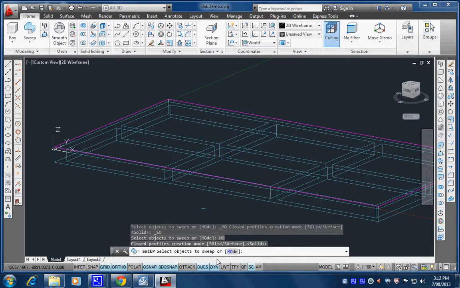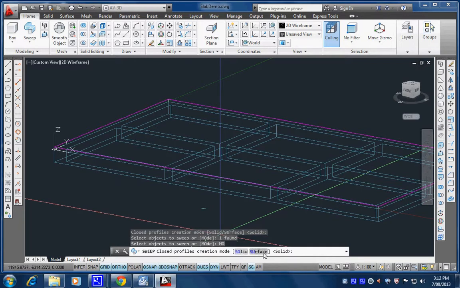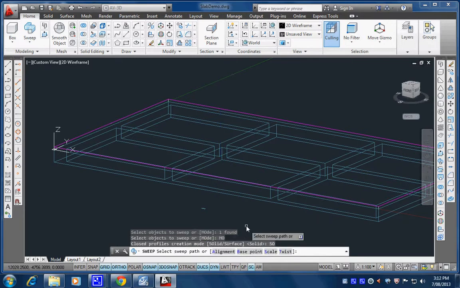Solid's fine. But if I select these here. Okay, select objects to sweep, mode, still that. Solid is what we want. Ah, here you go. Alignment, that's what I want. The base point. Okay, so you've got to go mode, go solid, and then you go to,